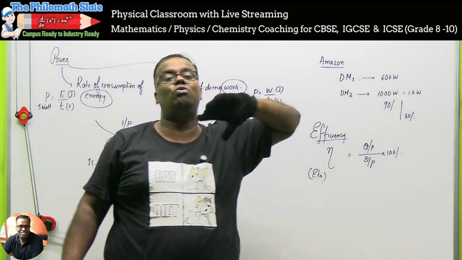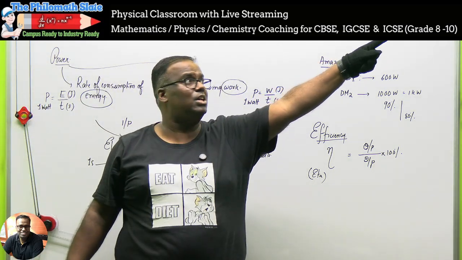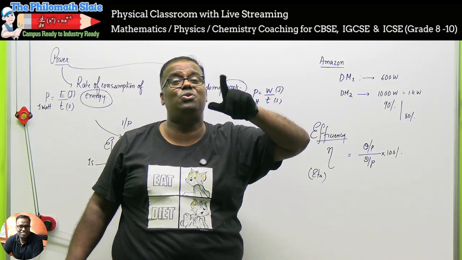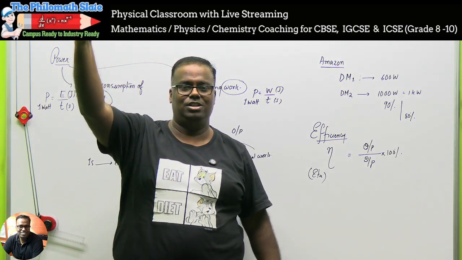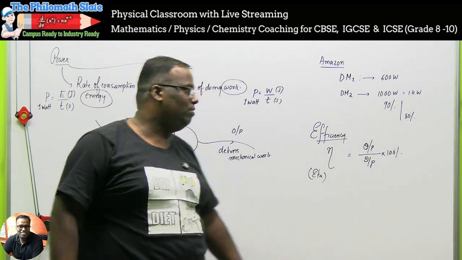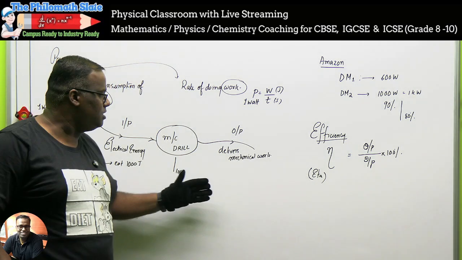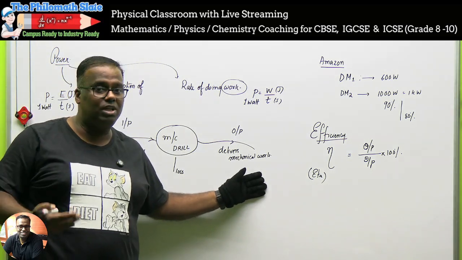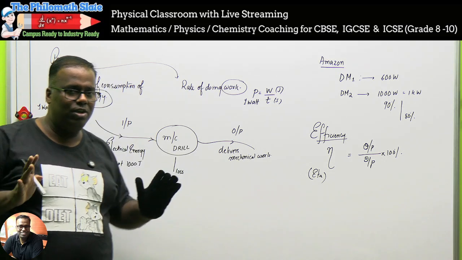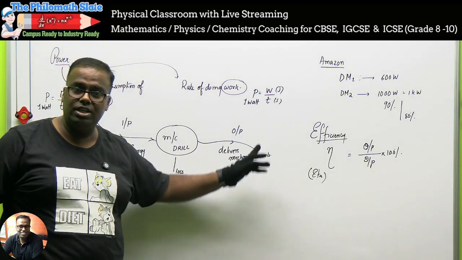That's why they say go for LEDs. These LEDs are only 3 watt, while this is 40 watts. Have you understood now? So whenever we do problems on power, we need to understand whether they are asking us the power of the machine, or the power developed, or the power delivered. In either case, we should be able to calculate energy and time or work and time.